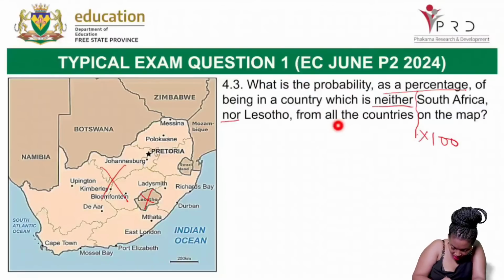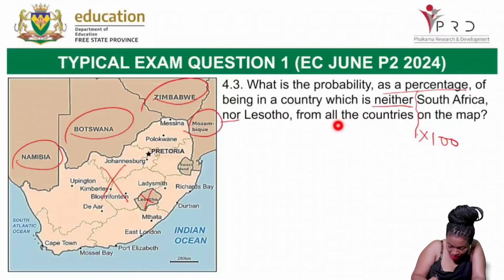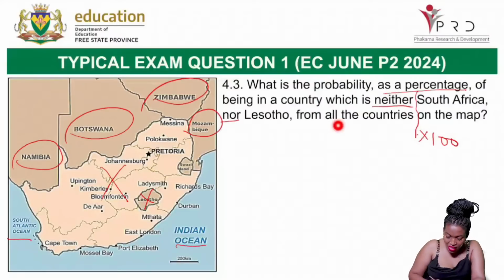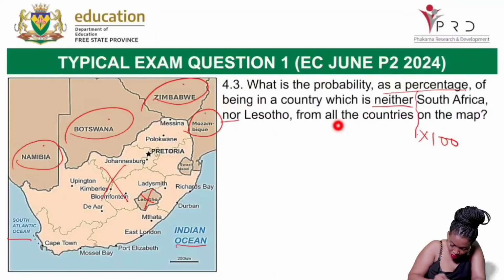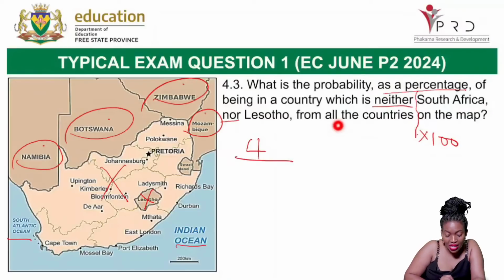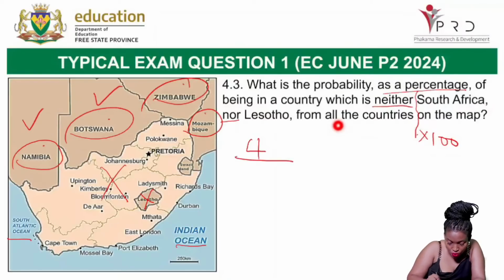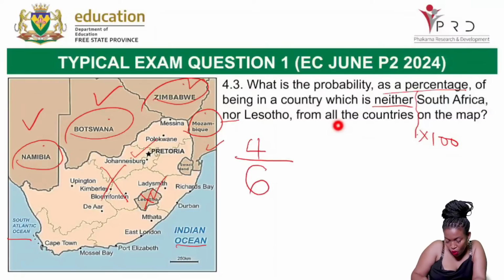So what are the countries that are there? I see Namibia, I see Botswana, I see Zimbabwe, I see Mozambique. The Indian Ocean is not a country. The South Atlantic is not a country. So the countries that are not South Africa, not Lesotho, it is 1, 2, 3, 4. So it is 4 over how many countries in total that are shown here? 1, 2, 3, 4, 5 is South Africa and 6 is Lesotho. So it is 4 over 6 in total